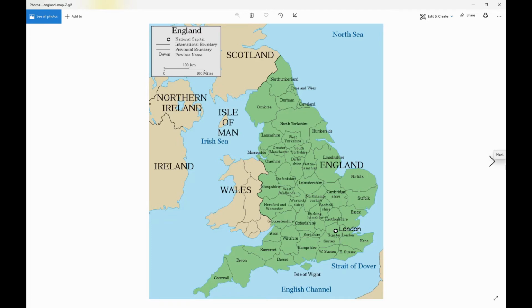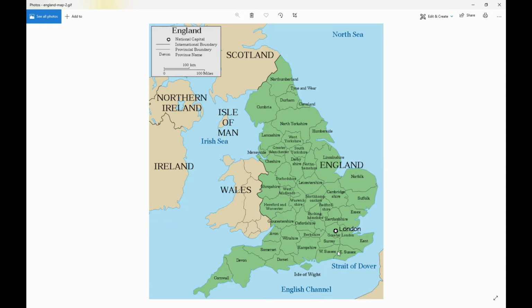So this is a good map. Of course, London is the capital of England. It's actually the capital of the entire United Kingdom, and that's where the seat of the United Kingdom's government is. There's about 9 million people there. So let's just look at this real quick. Here's the North Sea, Scotland up here, the Isle of Man, Northern Ireland, Wales. Remember that other map where Wales came all the way out here, the Welsh. This is all familiar names: the Straits of Dover, here's the English Channel, the Isle of Wight,